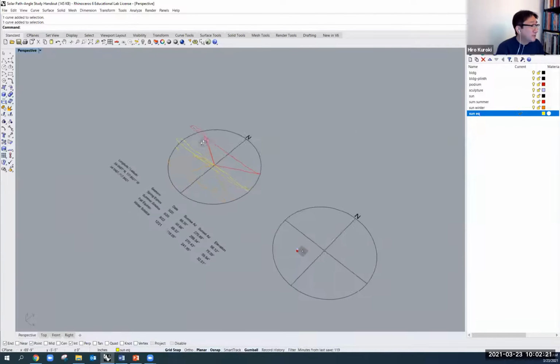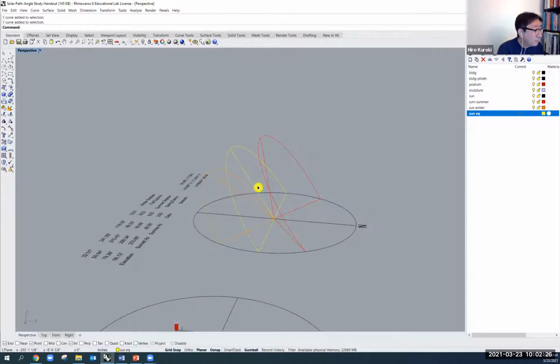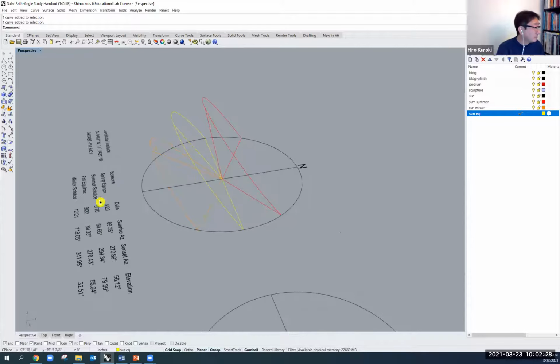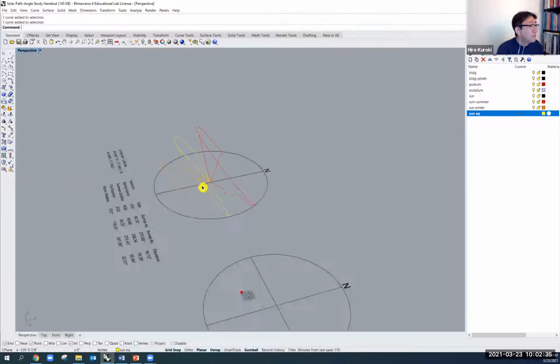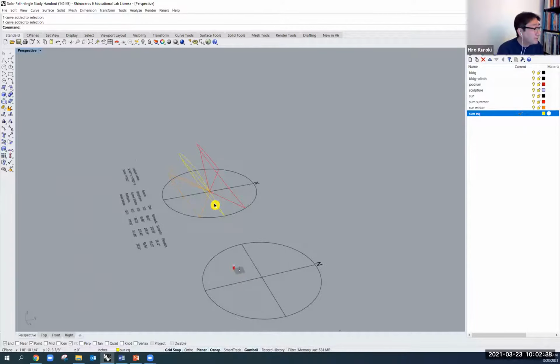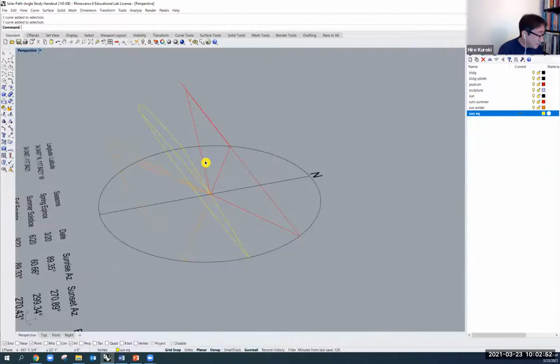Okay, so we charted the sun, basically modeling the sun path of our site at Mount Sac. We've got all this data, the angle of the sunrise, sunset, and the elevation. What we could use now is these three angles to figure out where it lies on your project, basically. So if I copy these things,